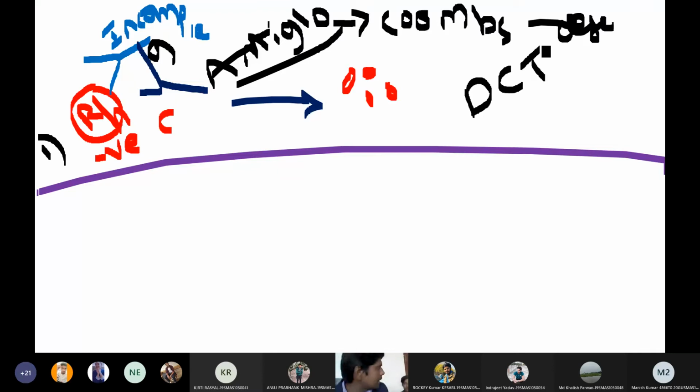Now you may ask me a question. The second reagent is also called Coombs reagent? Yes, the secondary antibody is called Coombs reagent. The secondary antibody has three names: it is also called antiglobulin, or Coombs reagent. If I add antiglobulin and I get a reaction, that is the direct Coombs test.